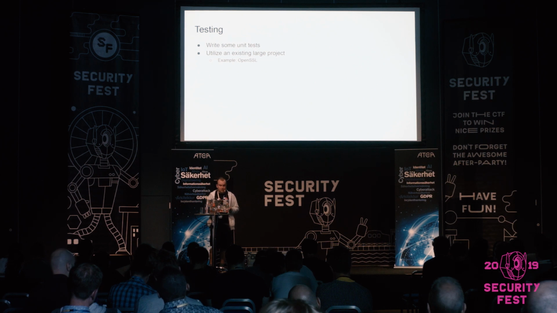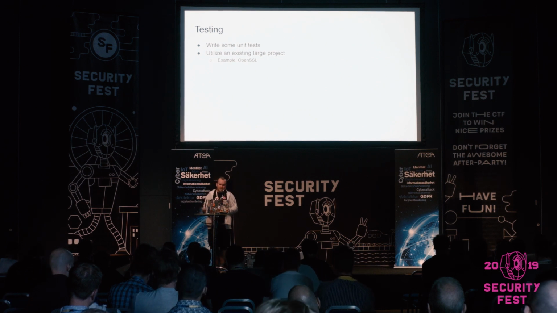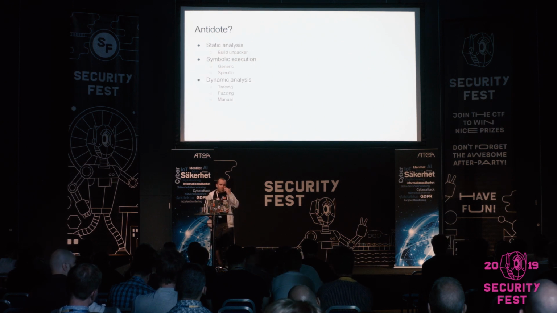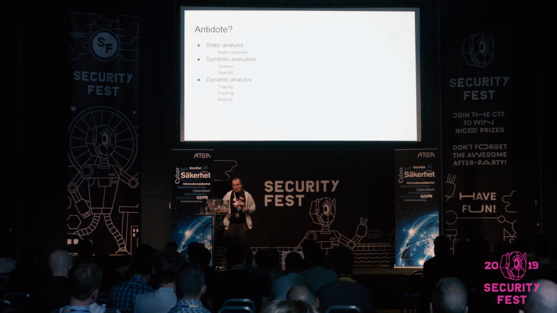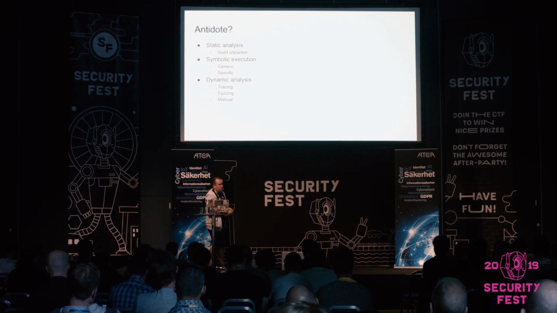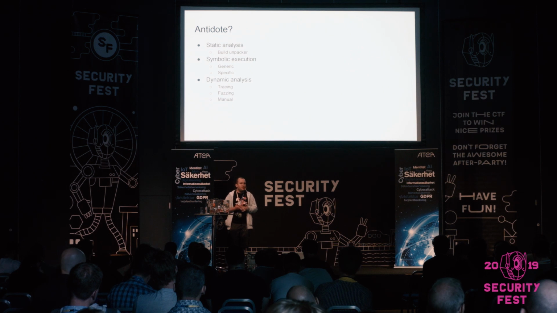And if it's still working, then your obfuscation probably did not change the behavior of the program. So that's actually a really neat idea, I think. Instead of trying to write test cases on your own, just use large batteries of test cases that are already out there. So what do we do about this? Unfortunately, the answer is basically the same way we handle any kind of obfuscation, with different kinds of reverse engineering